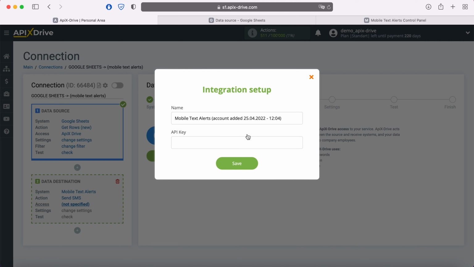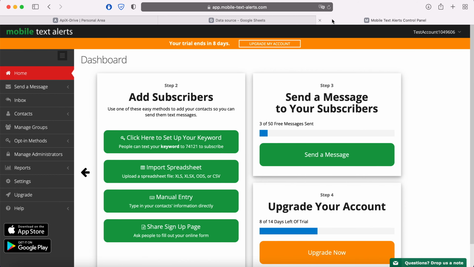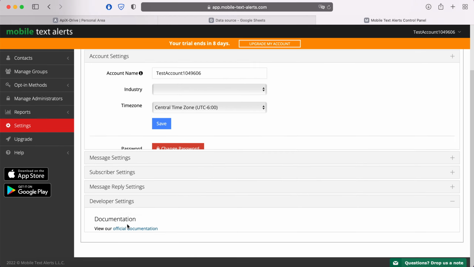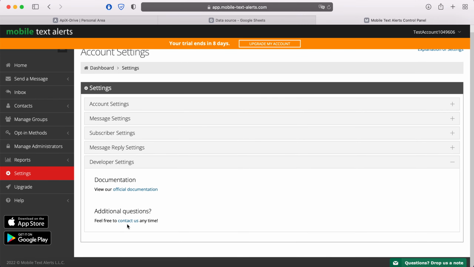To get it, go to your personal account in Mobile Text Alerts. Then go to the Settings section. Developer Settings. If you have a test account, then the API key will not be displayed in this section. In order to get an API key, you need to contact Mobile Text Alerts support. If you have a paid account, then at this stage you need to copy the API key and paste it